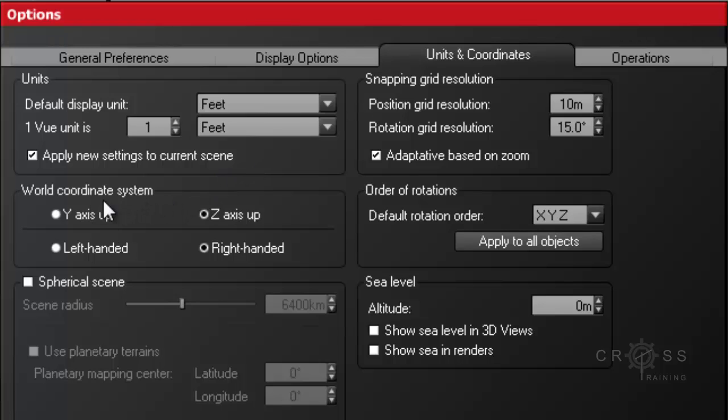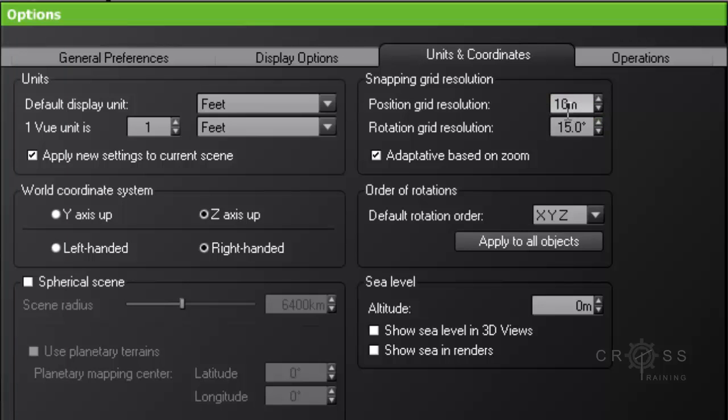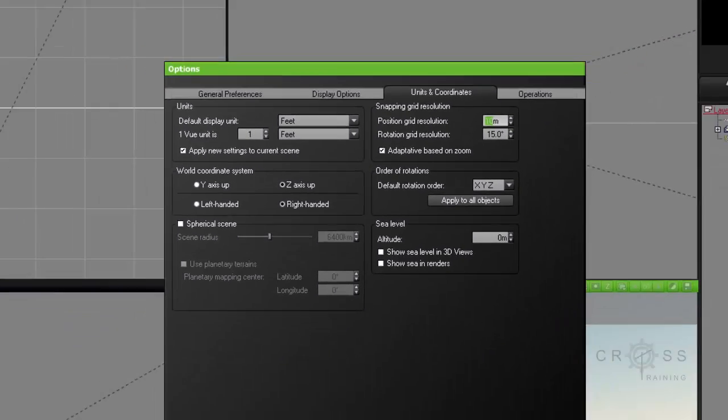The next one over is called Snapping Grid Resolution. These settings allow you to control the resolution of the grid when moving and rotating objects. So right now it is set to 10 meters, and what we can do is we can change this to something like, well, let me go ahead and click OK real quick,